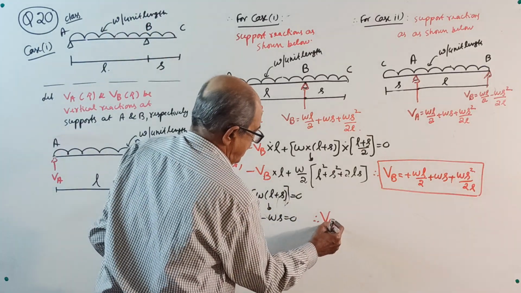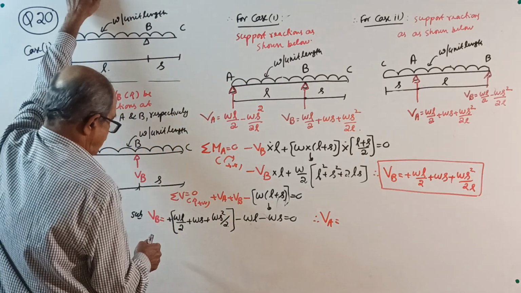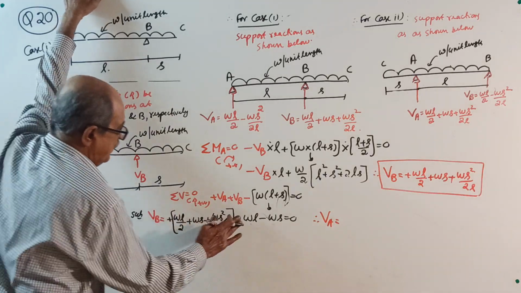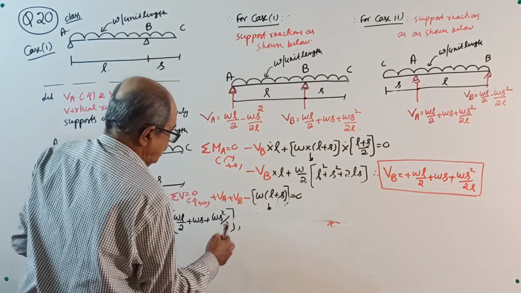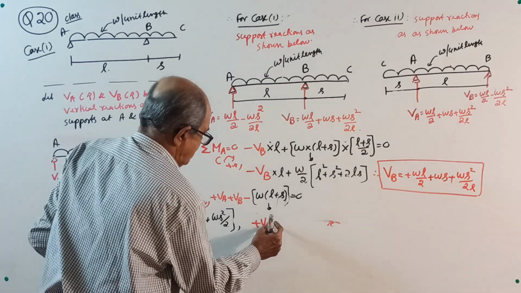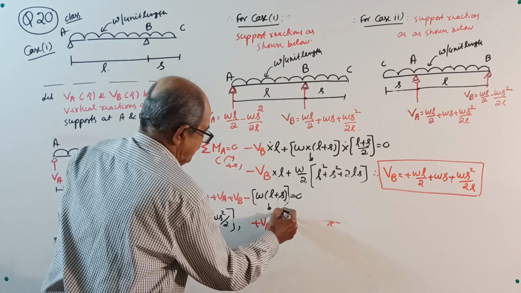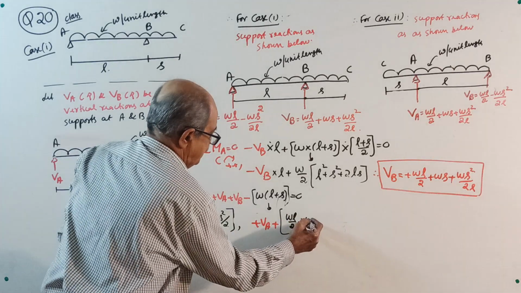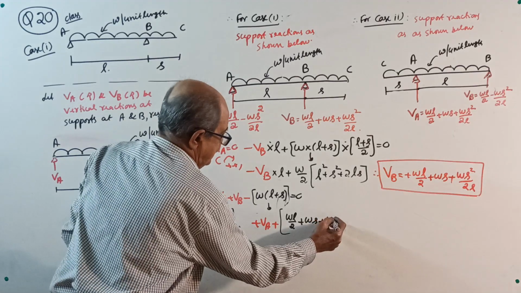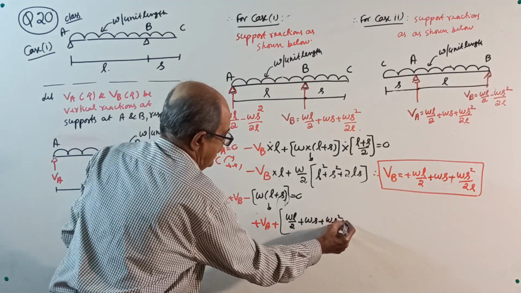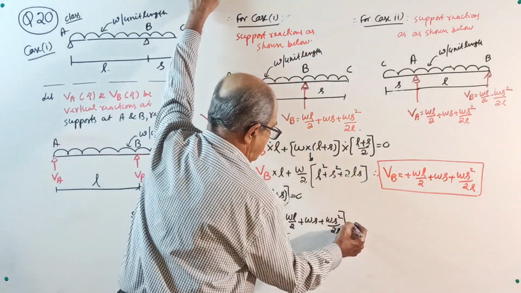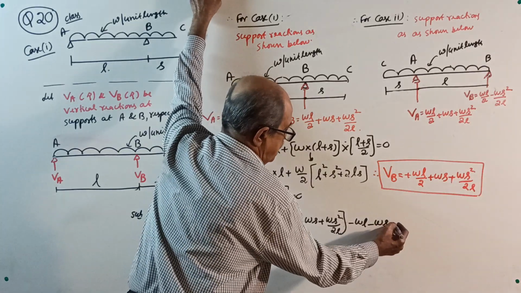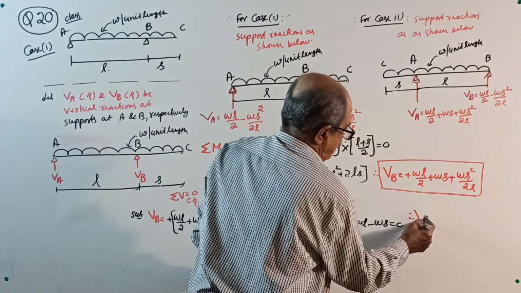Therefore, your VA equals... see here, substitute VB. I wrote substituting VB, I substitute here. Substituting that one, you get plus VA plus WL by 2 plus WS plus WS square by 2L, VA plus VB minus WL minus WS equal to 0. Therefore, your VA will come